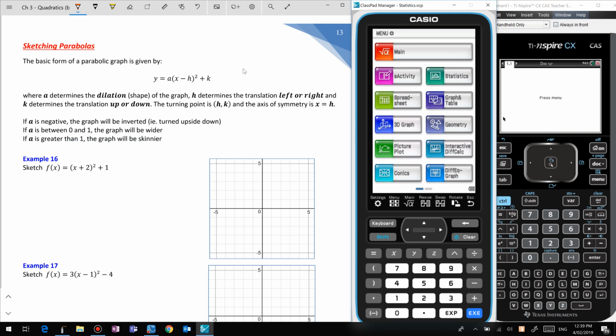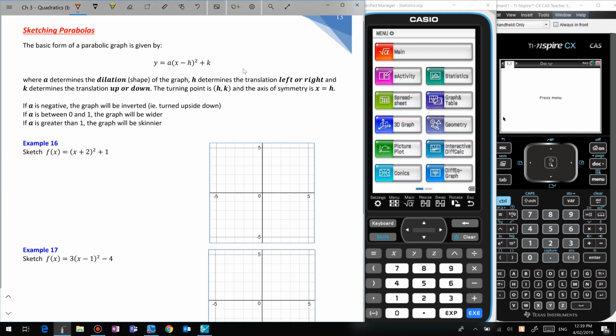Today we're going to be looking at sketching parabolas, then also looking at completing the square and the discriminant, well, the start of the discriminant. Okay, so the first thing,